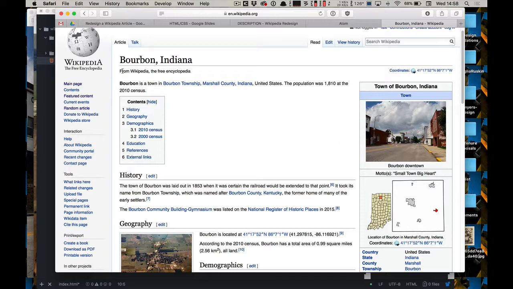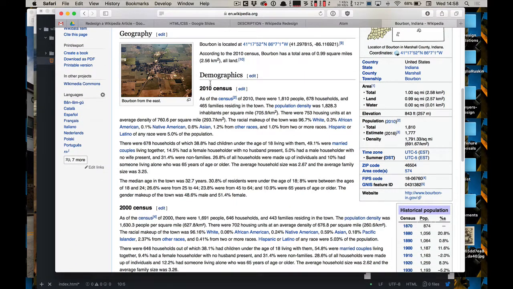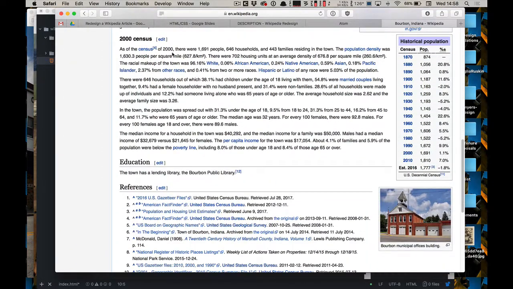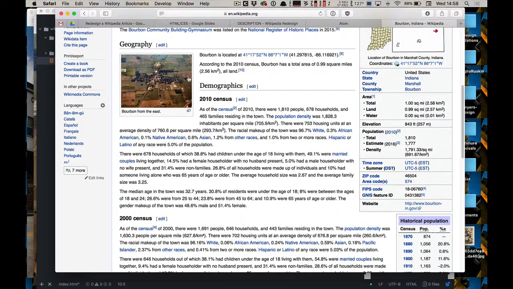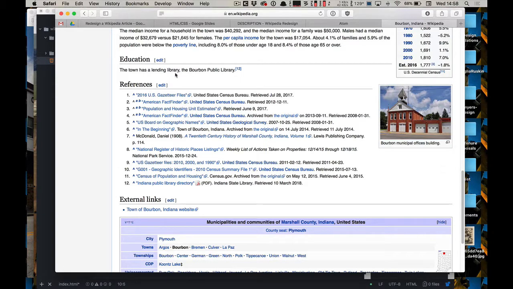So we'll probably do something like that for this little intro, and then we'll have a section for history, a section for geography, and a section for demographics, with a couple of subsections for that: censuses, I don't know, education,